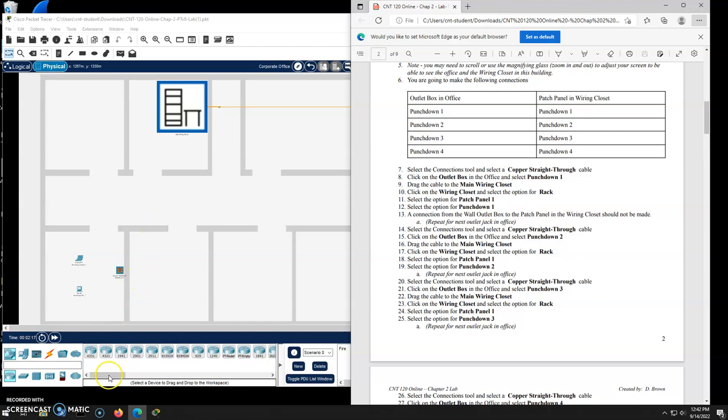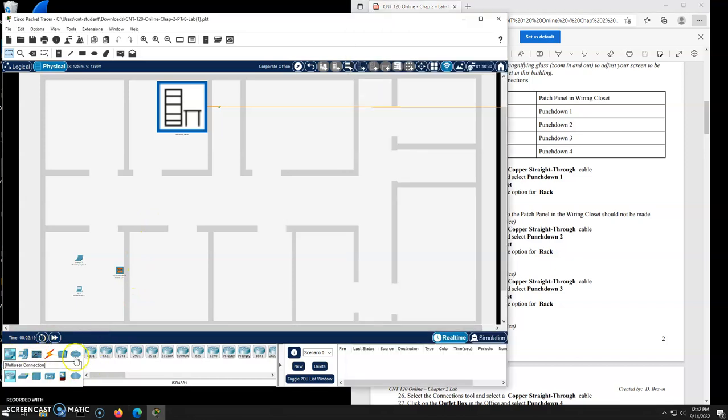So down here on the bottom where we have our little tool palette, if you will, we're going to click the connection button. That's the lightning bolt. This gives us the different cables that we have to choose from to connect. We're going to pick the copper straight through, the solid black line,